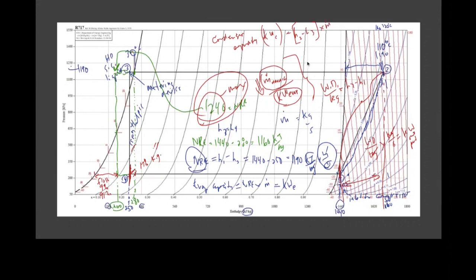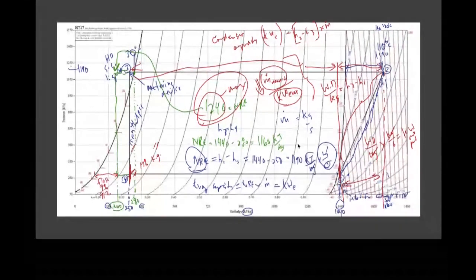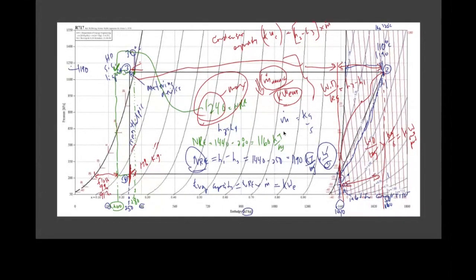Notice that the condenser must be rated for a greater heat transfer than the evaporator, because all the evaporator is doing is sucking energy out of the refrigerated space, which is a small amount, but the condenser has to discharge. It's going to get rid of the heat absorbed in the evaporator, and it's also got to get rid of the work done by the compressor. Okay,